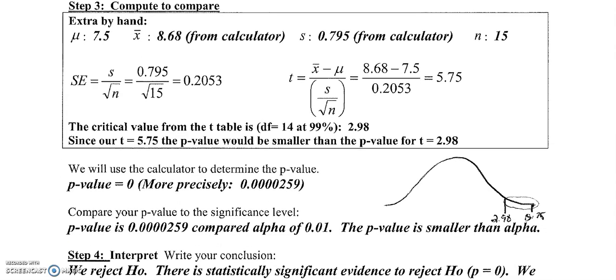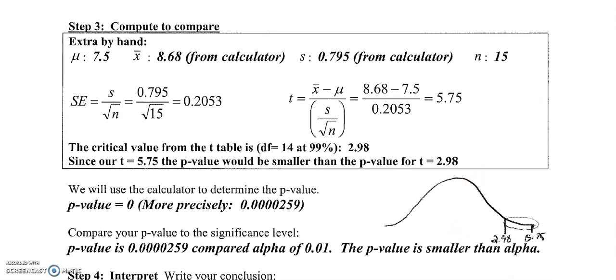So to do the work by hand, let's make sure we know what's given. Mu is 7.5, X bar is 8.68. Our standard deviation, which we got from the data in the calculator, is 0.795, N is 15. First step to do it by hand is we need to find the SE. To find the SE, you take your sample standard deviation divided by the square root of N. So 0.795 divided by the square root of 15 equals